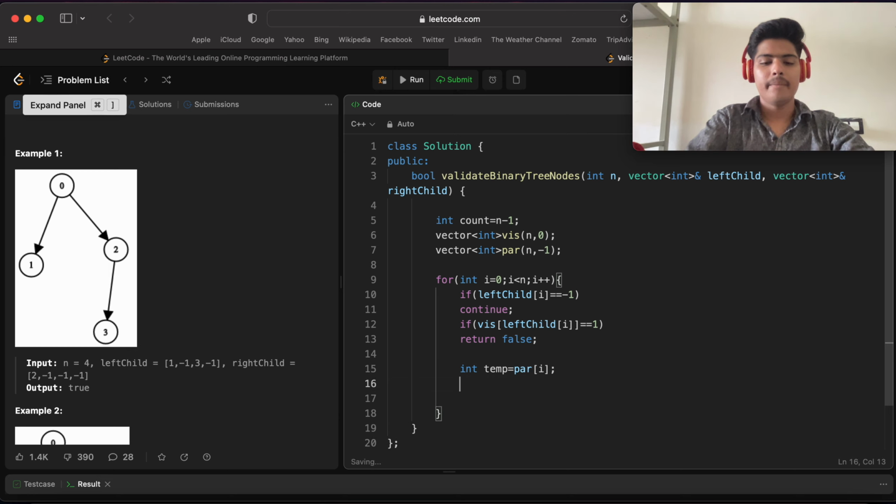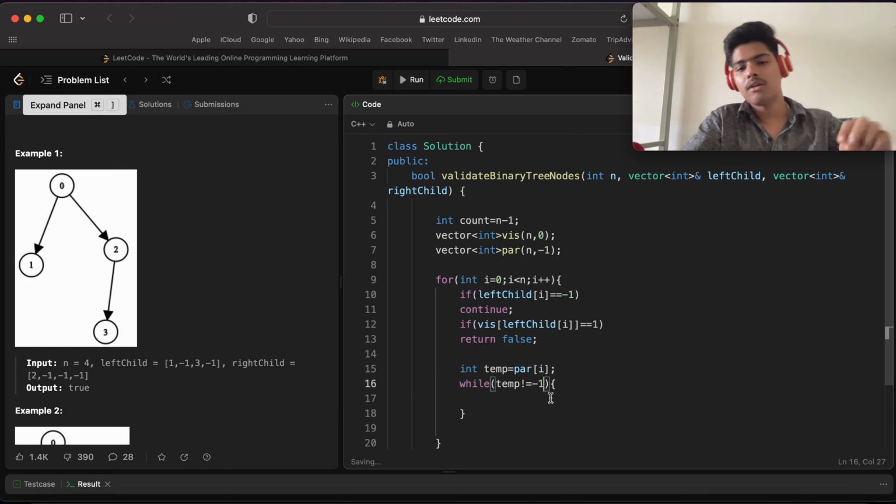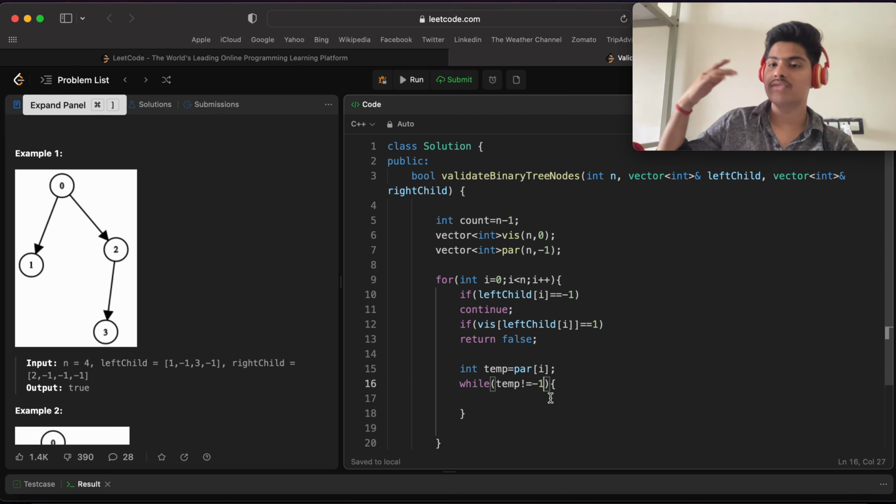Okay, and we'll apply a loop, and we'll check if temp is not equals to 0. Actually temp is not equals to minus 1 also, because the parent of 0 equals to minus 1. We will check until the parent of 0 equals to minus 1. And we will check